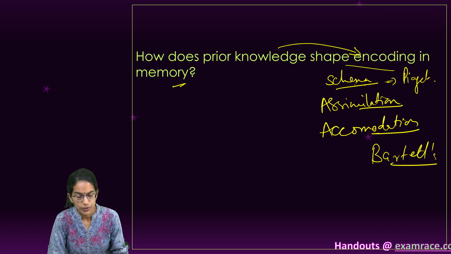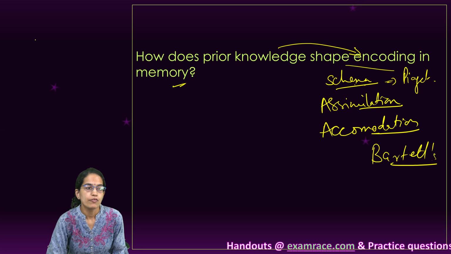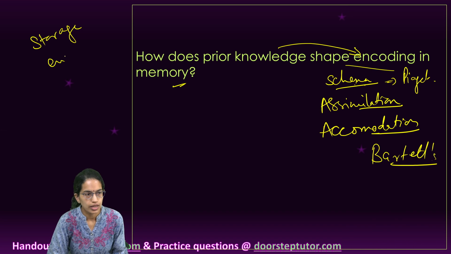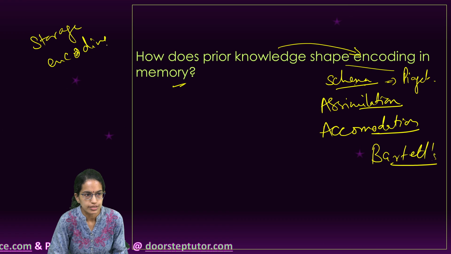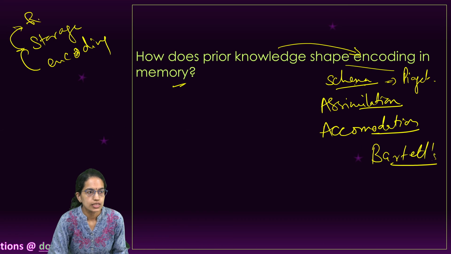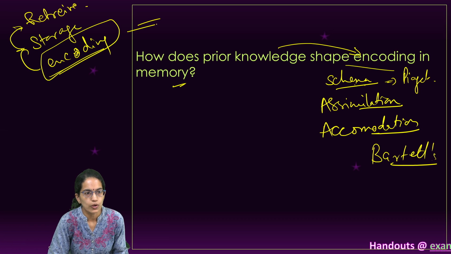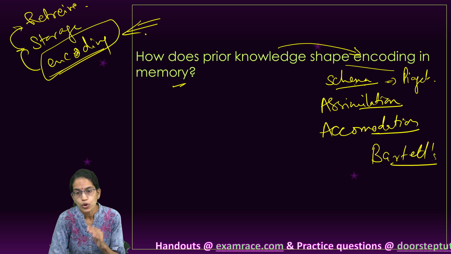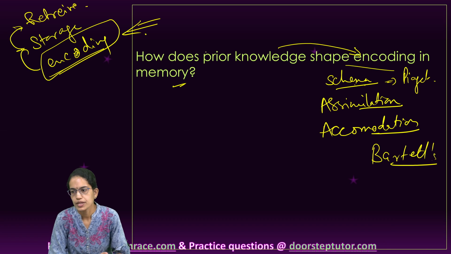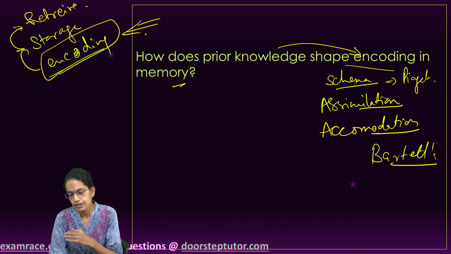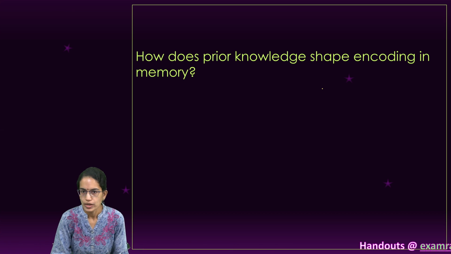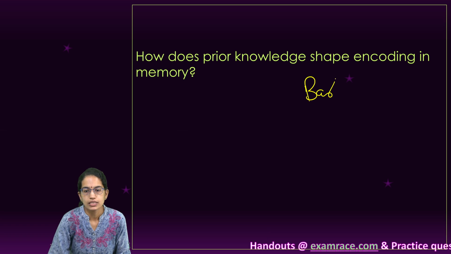When we understand memory, as we talked about in our lectures, we have three stages: the encoding, then the encoding is stored, and storage is retrieved. Okay, so this is the process. So this encoding, if there is prior knowledge, definitely it would enhance the process of storage, and more information is likely to move into long-term memory. So there are existing concepts in our mind which can help us form new concepts. So one was the schema theory that we discussed, the other is Bartlett's theory.